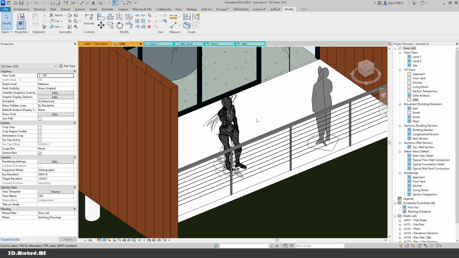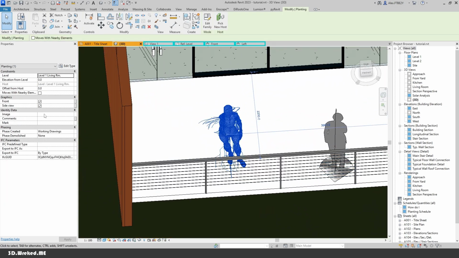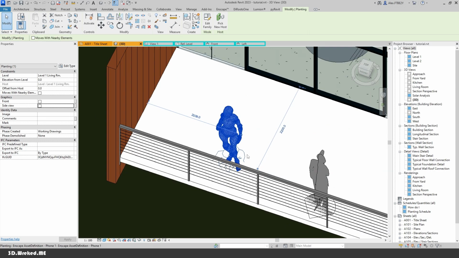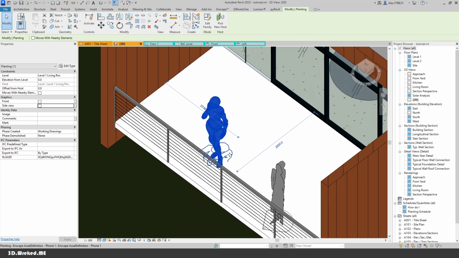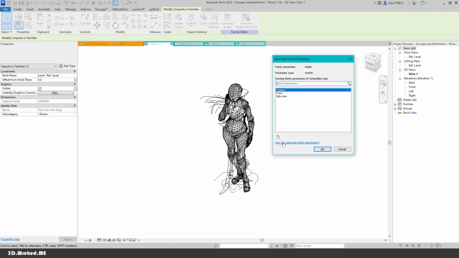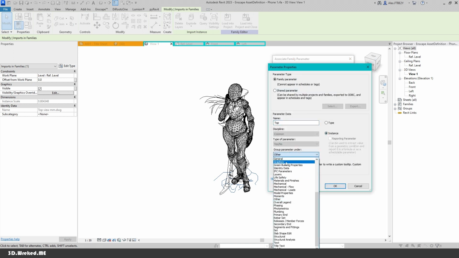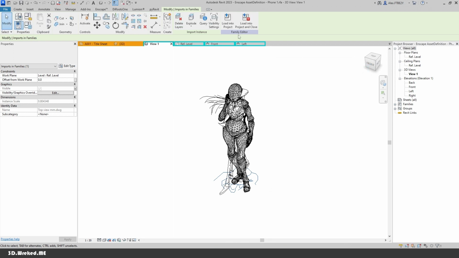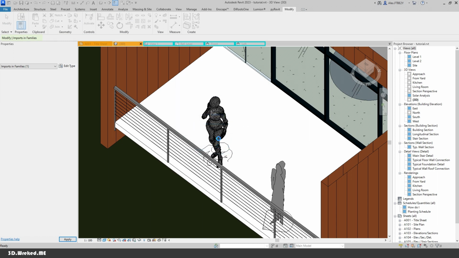and then let's see what's happening. So as you can see, we have all the views here, so we can close the ones that we don't want. Let's just add another visibility parameter for the top view also, so it's easier to control that way. So let's go here and go top and make it an instance, go to graphics, say OK, load it to the project, overwrite existing version,